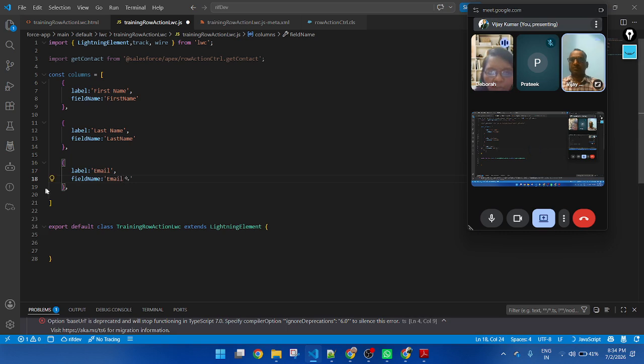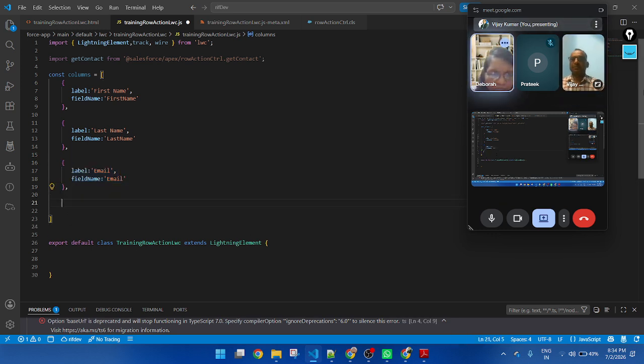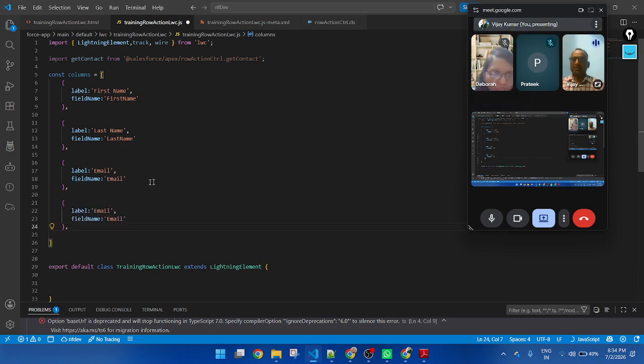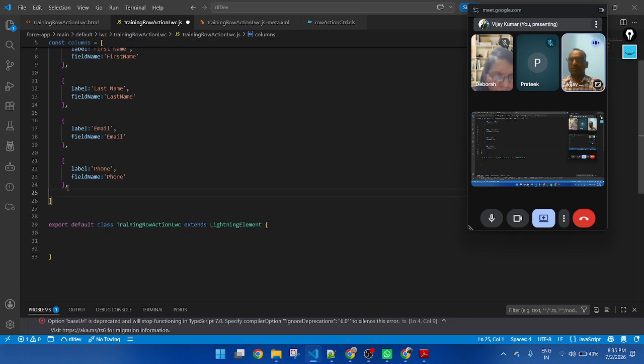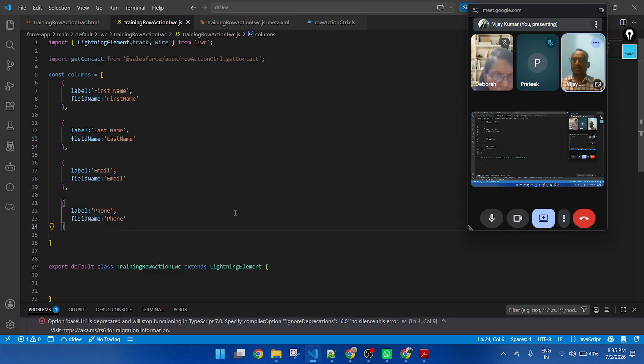We can even write middle name, right? We can write middle name also. Yes, you can give. And here email, phone. At the last of the object, remove the comma, not needed, then save.